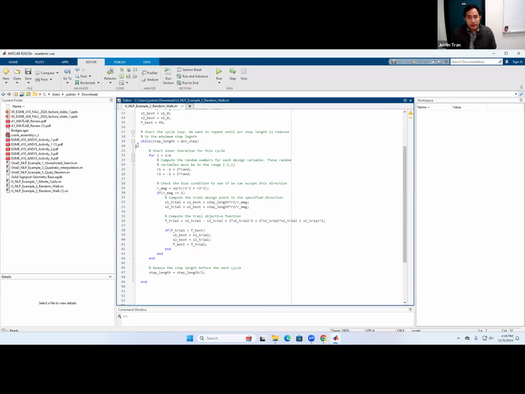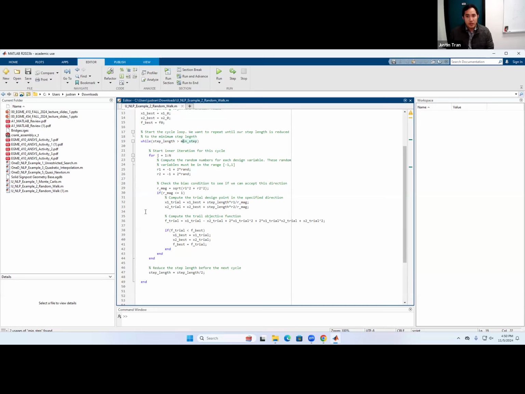Okay. All right, so you can see here we actually have a nested loop. We have one while loop that's the master while loop for the entire algorithm. Okay, and so while our step length is above our minimum step length, as long as we haven't reduced the step length enough, we're going to keep taking steps.